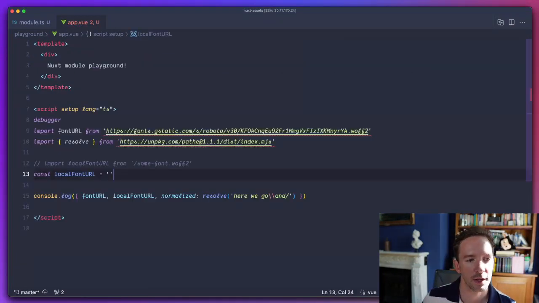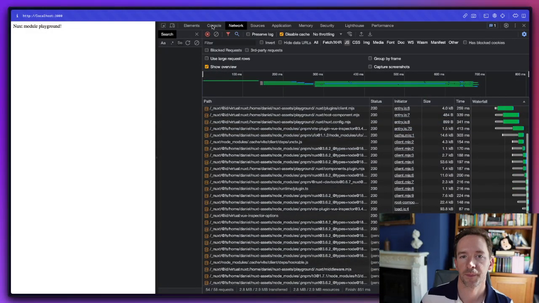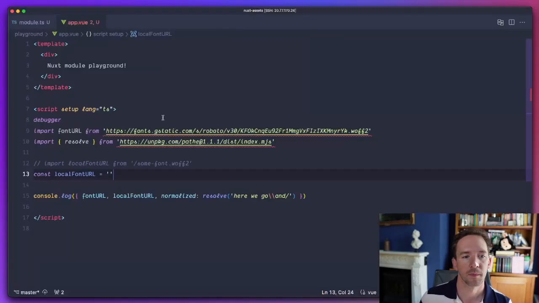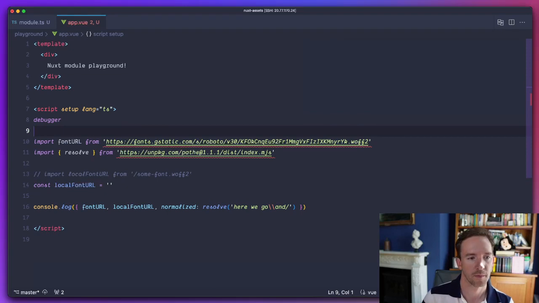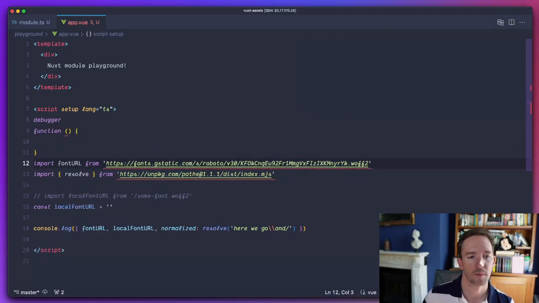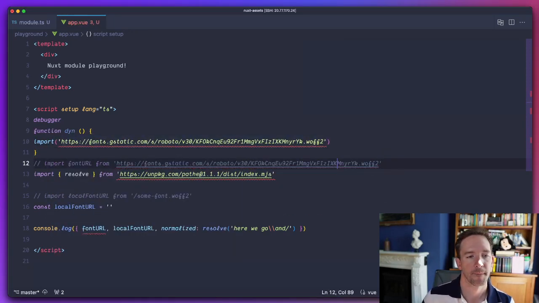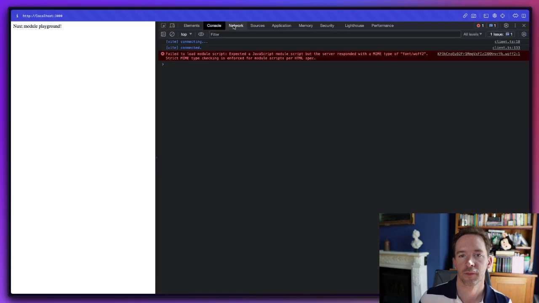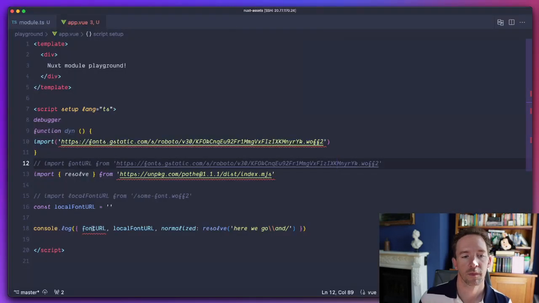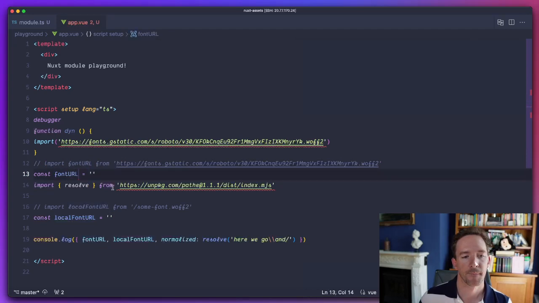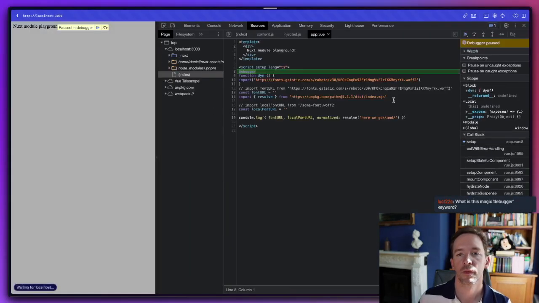This is being preserved unchanged in the script, I think. Yeah, it's being preserved unchanged. And probably the way to do it would be to do some kind of